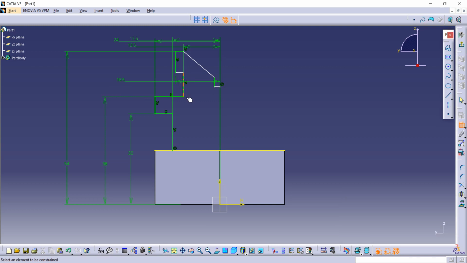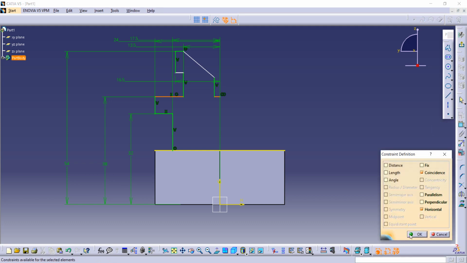And now let's see, this line and this line should be collinear, so select both of those lines and then go on constraint option, then coincide.